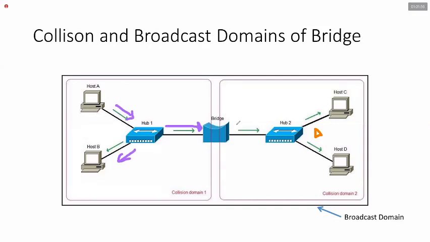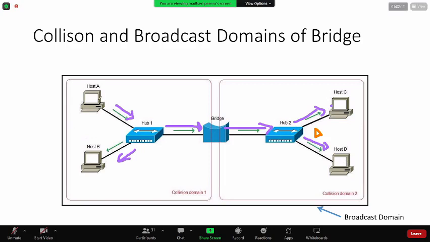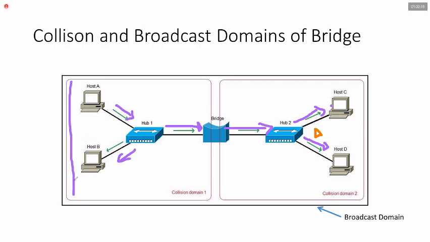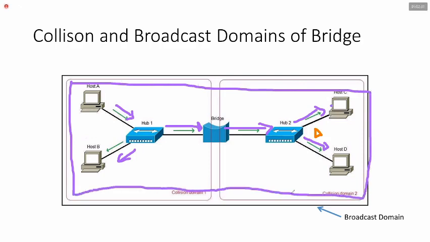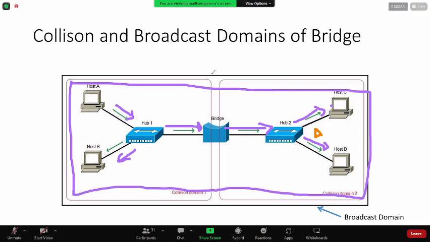If it says it has to go to everybody, pass, right? You have to pass because there are other computers on this side, right? So it will pass. So then again C will get it, D will get it, right? Because the hub anyway forwards everything, right? So that means A, B, C and D are in one broadcast domain, right? So all these four computers are in one broadcast domain, which means when one computer sends a broadcast message, remember, a broadcast message, okay? When one computer sends a broadcast message, that will definitely come to all these four devices, right? So the purple color one shows the broadcast domain,